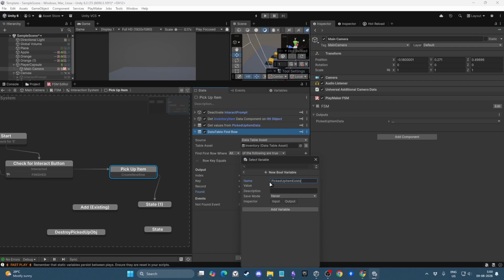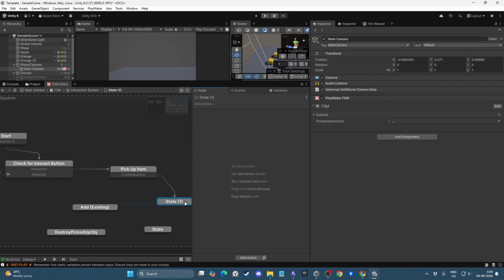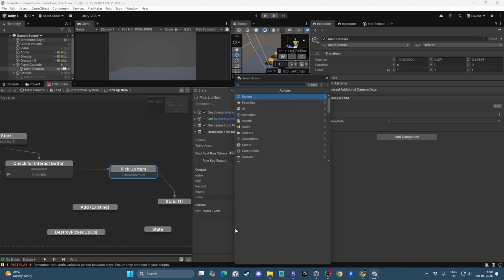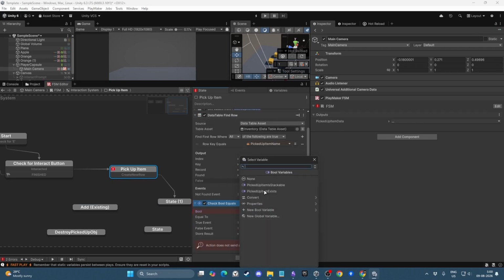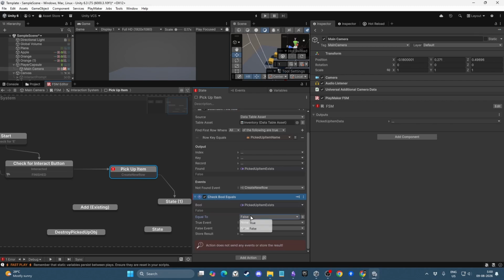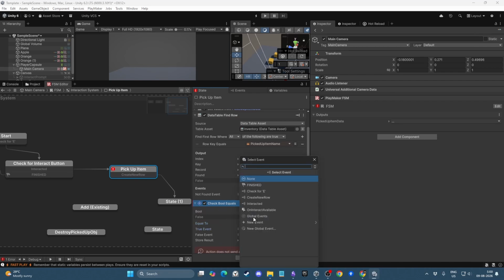Item exists, and that is something that we can use for this one as well. But yeah, picked up item exists, and we'll do a bool check equals picked up item exists. If it does, then we are not creating a new row. Then we'll do add to existing item row,